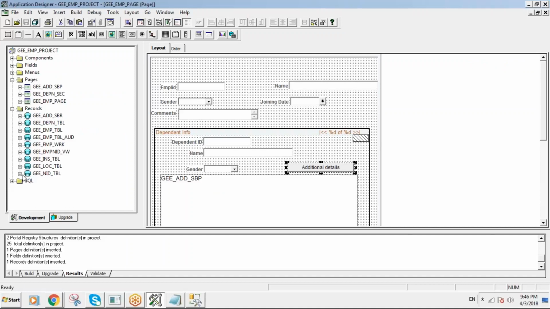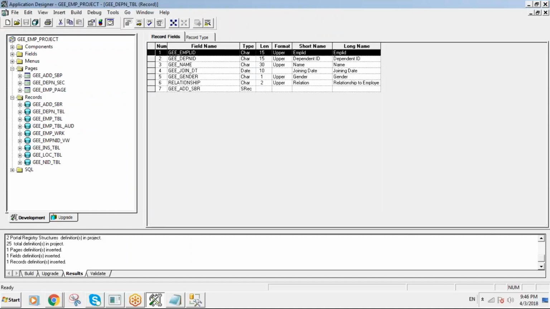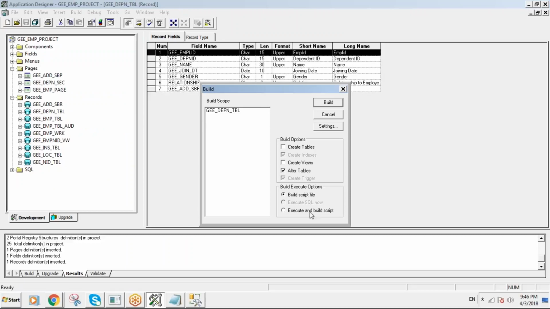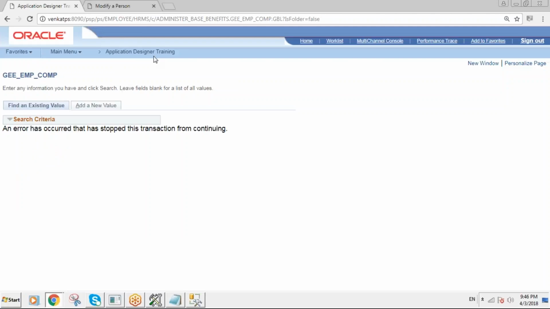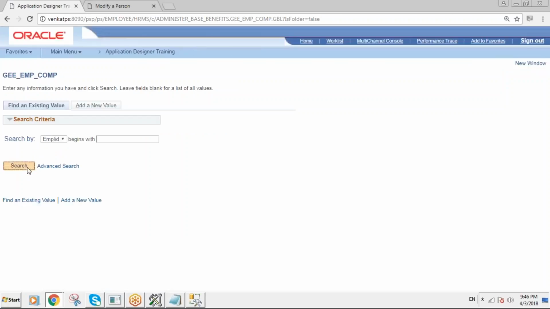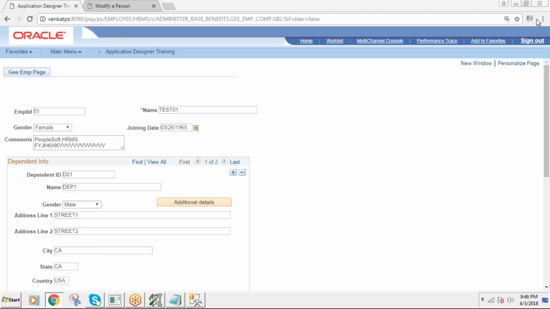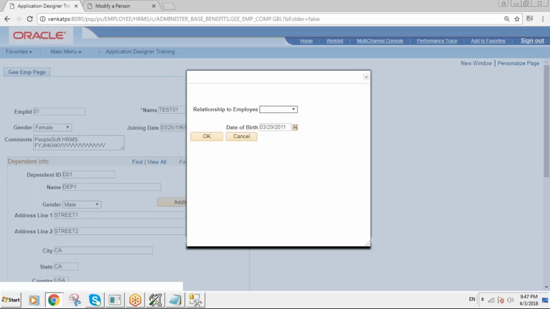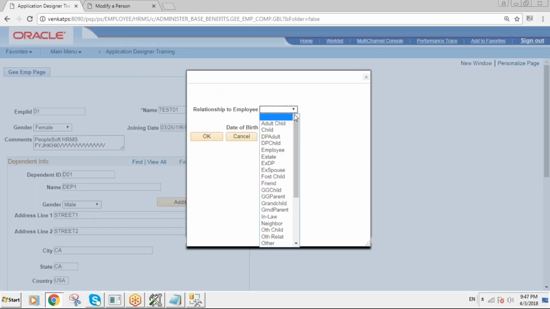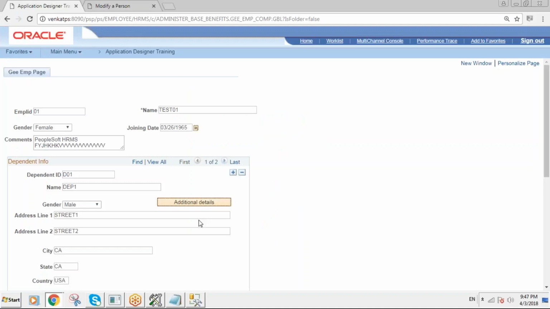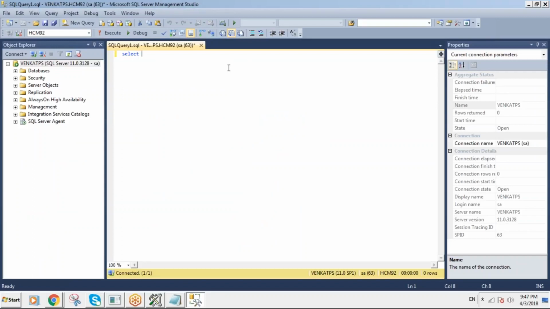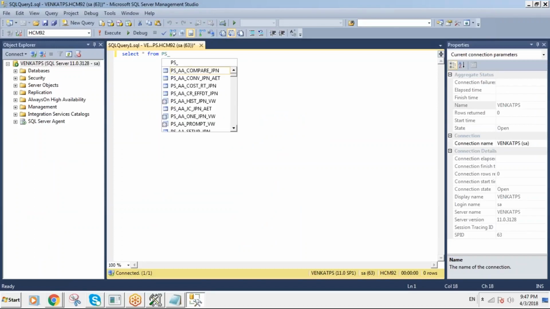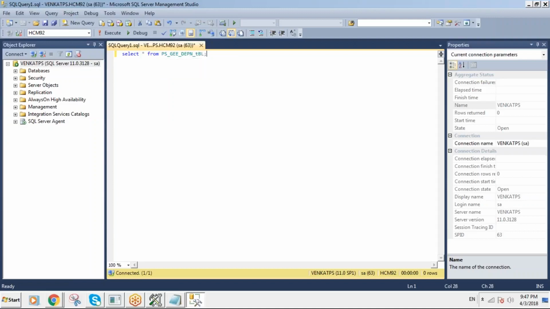Subhash, have you understood this point? Yes, sir. Okay. Dependent table, simply build, alter the table, execute and build script, build it. Now, go to this. You successfully enter into the scenario. Here, for dependent number 1, date of birth is there, relationship, child. Click on OK. Now, we added the details, but if you query the information, select star from PS dependent table,